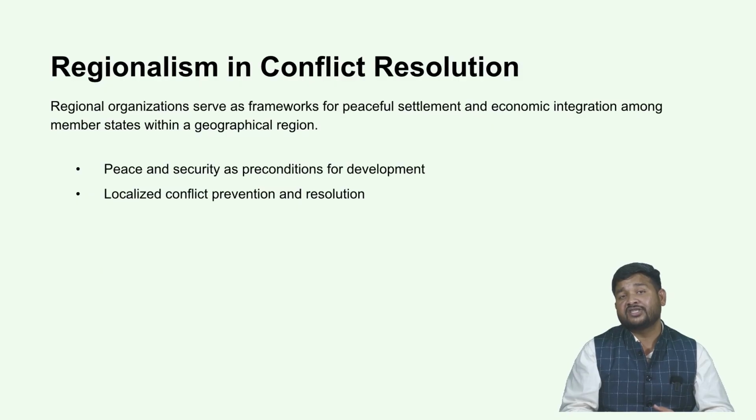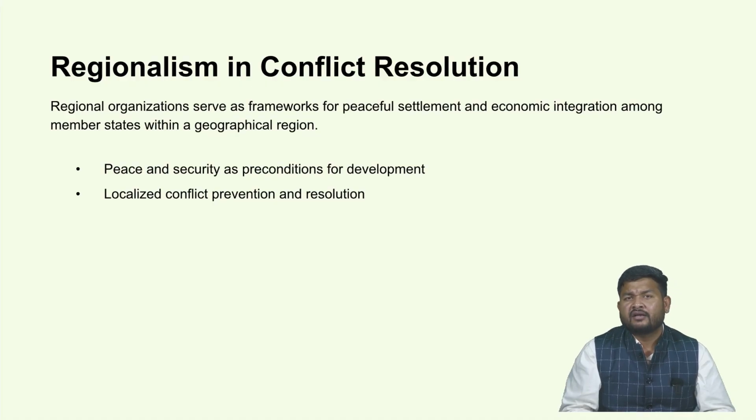Third, regional organizations may set up problem-solving mechanisms such as regional courts, mediation panels, fact-finding commissions, peacekeeping forces, or early warning systems because member states share geography and often face similar challenges. Regional organizations may understand local conflicts better and sometimes act faster than global bodies such as the United Nations. This does not guarantee success, but it does create additional channels for conflict management.